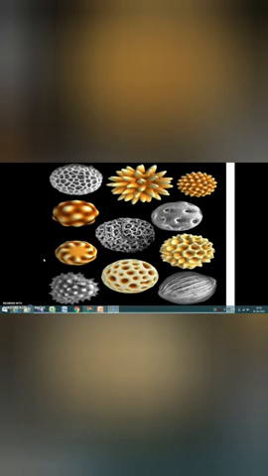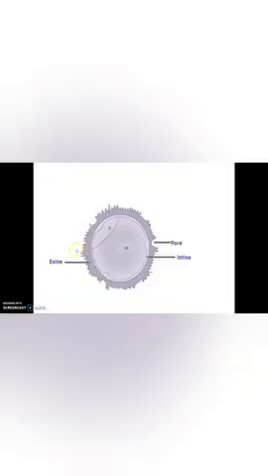Children, look how beautiful the pollen grains are, right? Even though the pollen grains vary in shape, color and size, a typical pollen grain is spherical in shape with 25 to 50 micrometers in diameter. I will show you the diagram of a typical pollen grain. Yes, this is a diagrammatic representation of a typical pollen grain with 2 wall layers: the outer wall layer, exine, and the inner wall layer, intine. Clear? Outer wall layer exine and inner wall layer intine.